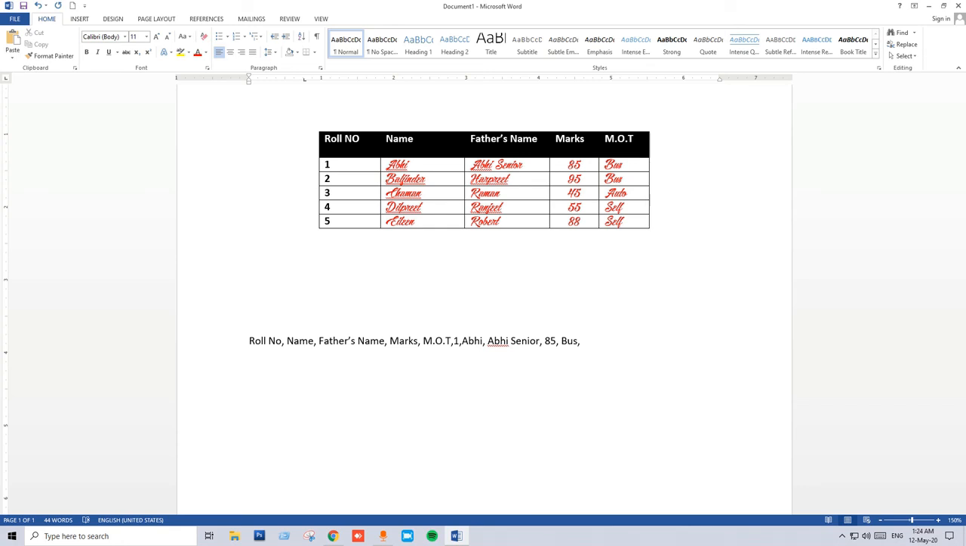I'll move to the next row, 2, comma, Baljinder, comma, Harpreet, comma, 95, comma, bus. Similarly, I can add the text by using commas. Note the important thing, that is we need to separate the columns and the content of the cells using